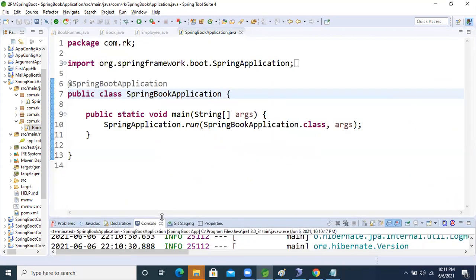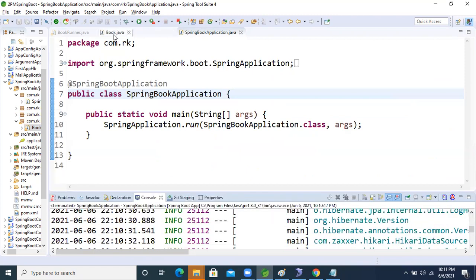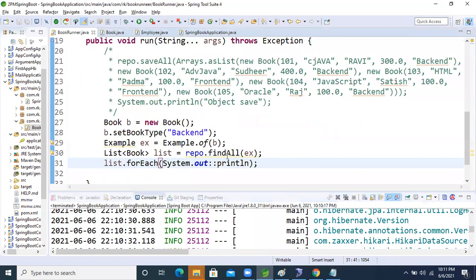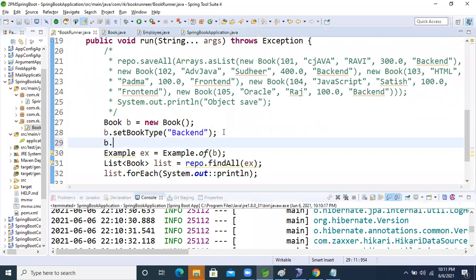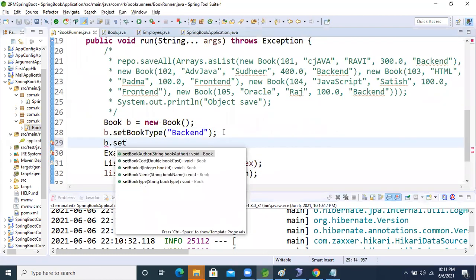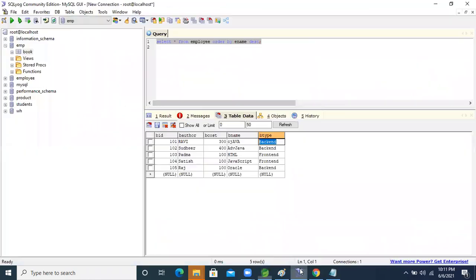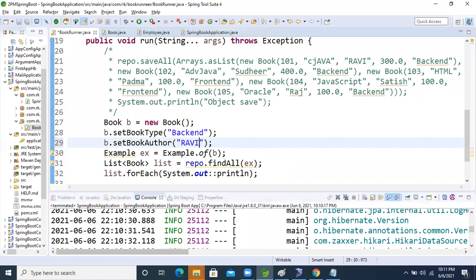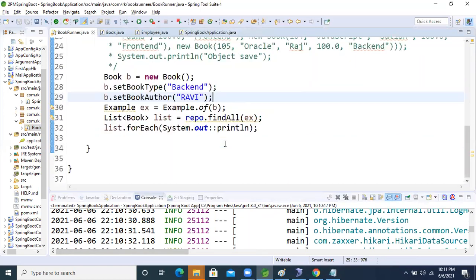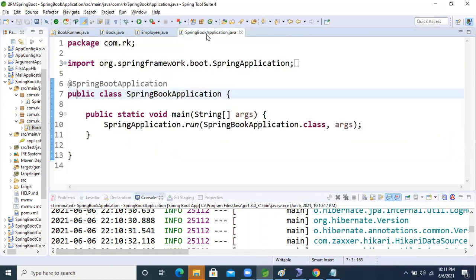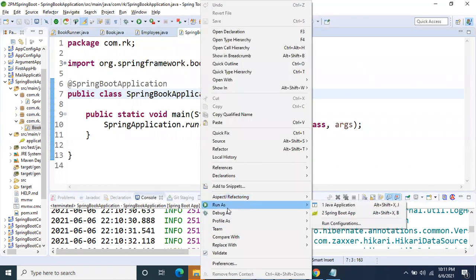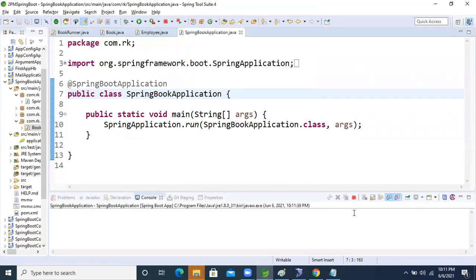One more question: I want only backend books, based on the author only. So what will we do now? Here I will set B dot set author name. Author name I'm taking as RAVI, all capital letters. Now come inside the application, right click, run as Spring Boot application.